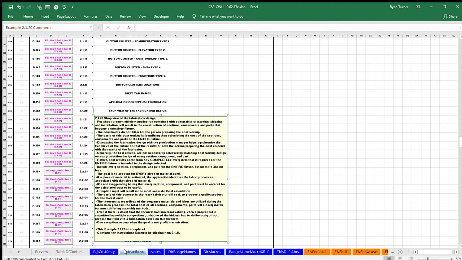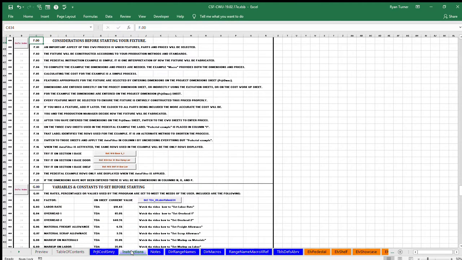Example item 2.1.20: Shop view of the fabrication design. For a shop foreman, efficient production combined with constraints of packing, shipping, and installation will result in the construction of sections, components, and parts that become a complete fixture. The constraints do not differ for the person preparing the cost workup. The basis of this cost workup is identifying then calculating the cost of the sections, components, and parts of the